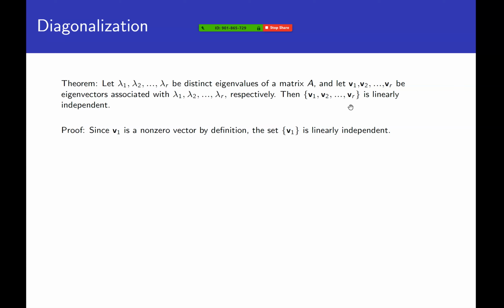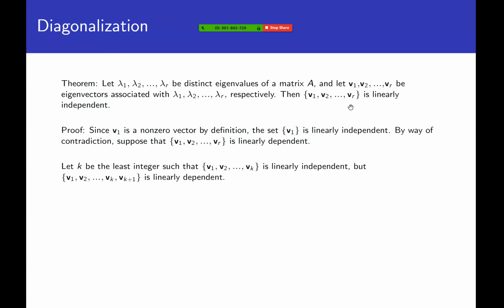So we're going to go by contradiction and say, well, let's suppose that the set's linearly dependent. That means that as we go through, if we just think about throwing vectors in, if I throw in v2, either that set is linearly independent or it's not. If it is, then throw in v3. Either that set's linearly independent or it's not. If it is, then throw in v4 and continue in this fashion. If we assume that the overall set is linearly dependent, then there must be some last vector that we enter into the set that gives us a linearly independent set, but the next one we throw in is